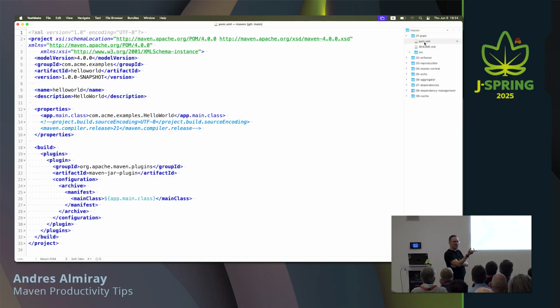No, it's not a problem. Why is it not a problem? It will get it from the super POM. Which version will it be? Exactly. Why is that the answer? Because it depends on which version of Maven I'm going to use to run this project. Because depending on the Maven version, we'll grab a version of the super POM, which is the one that tells us what are the defaults for all the basic plugins, right?